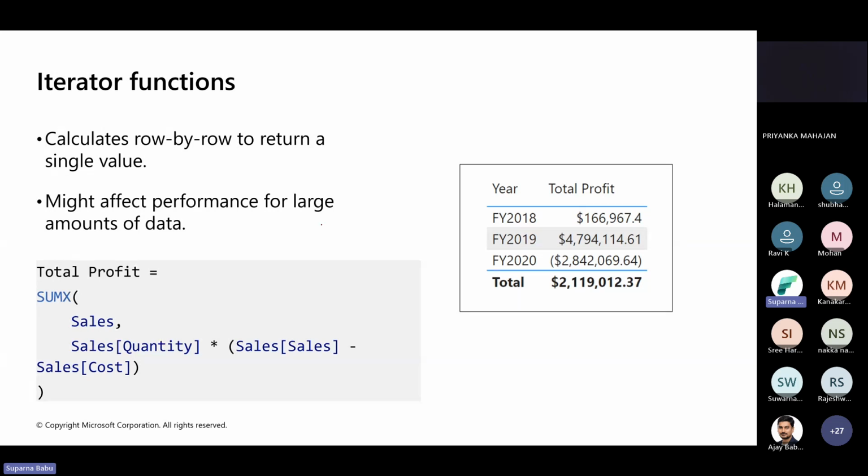Fine. Now next, iterator functions. What is meant by iterator functions? Those DAX functions which end with X are called iterators. It could be SUMX, AVERAGEX, MINX, or MAXX. So these are called iterator functions. I'll take you through one example. Let's say there is a customer data table with